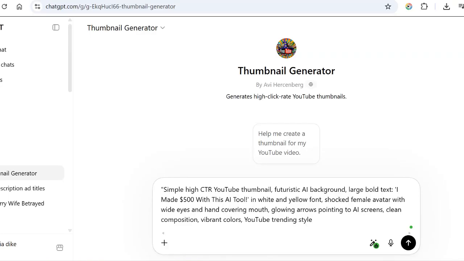How do you want the letters to be bold? And this is the title: I made 500 with AI. So you just input your title. I want it in a white and yellow font. Put in your text. How do you want the color? The color code. If you have the code, you can input the code. But I'm here just using